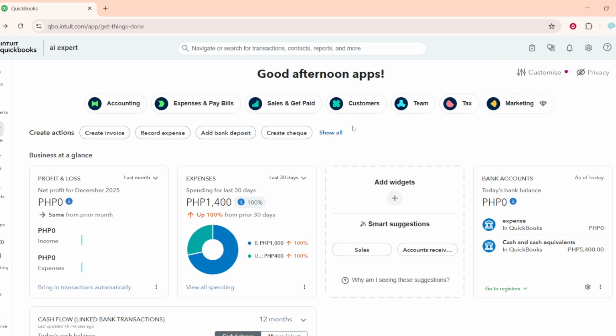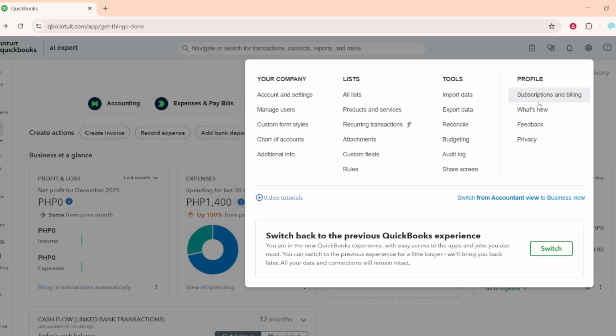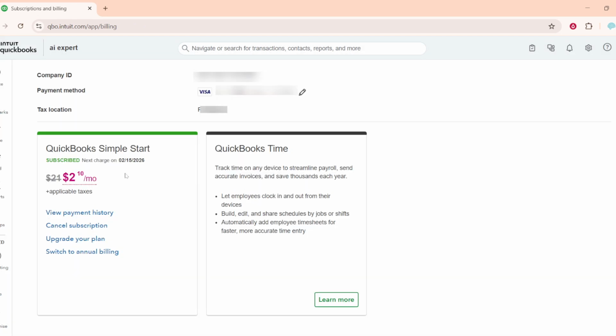First, sign in to your QuickBooks Online account. Once you're in, look to the top right and click the gear icon labeled Settings. From there, choose Subscriptions and Billing. This page is your control center for your plan and charges. Take a moment to note your current plan and billing details so you have a reference for features, pricing, and your renewal date. It's a simple step that helps you avoid surprises and makes it easier to match the new